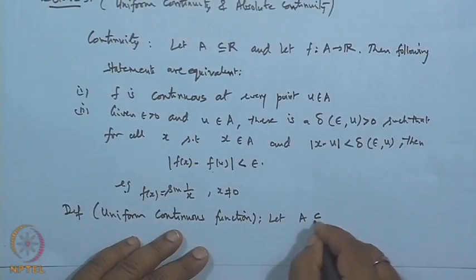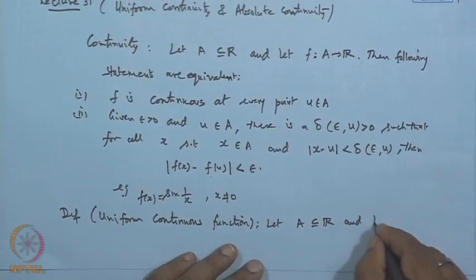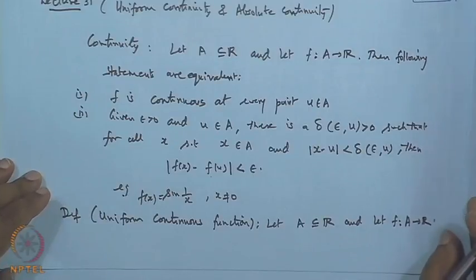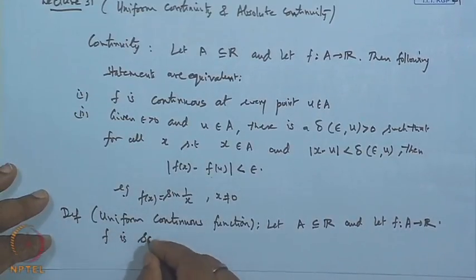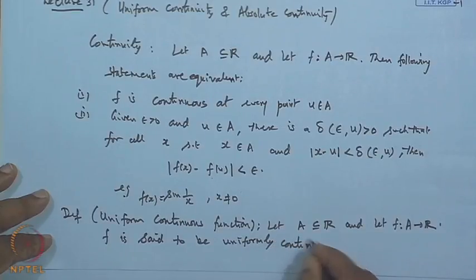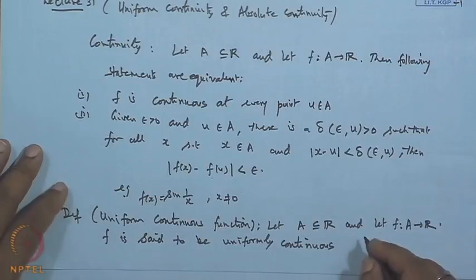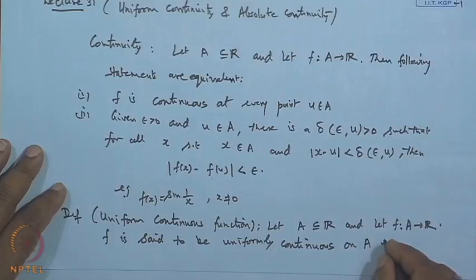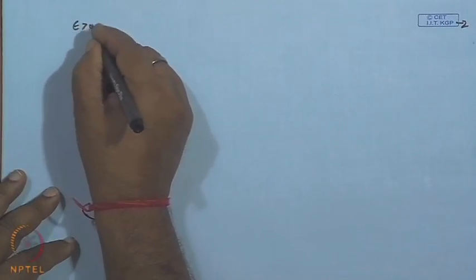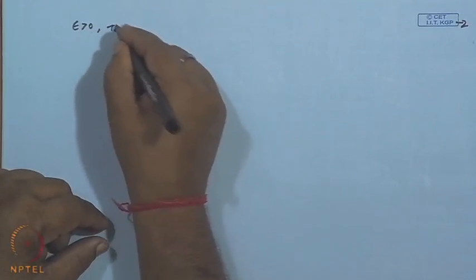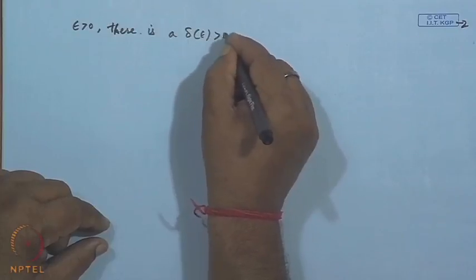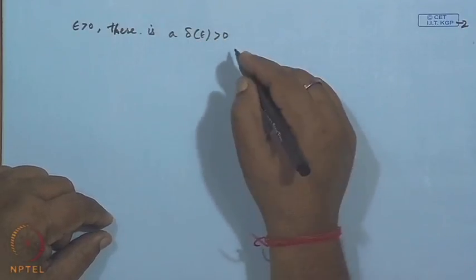Let A be a non-empty subset of R, and let f be a mapping from A to R. We say f is uniformly continuous on the set A if for each epsilon greater than 0, there is a delta, a positive delta which depends only on epsilon and is independent of the point u of A, such that